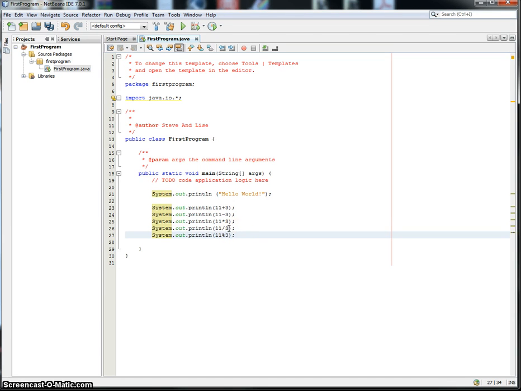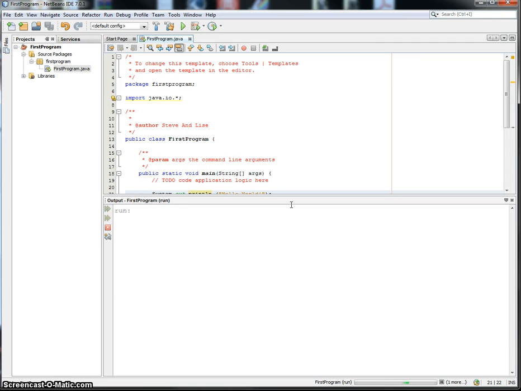So what happens? With these last two, one of them will take how many times 3 goes into 11, and it'll store that number, or output that number. The other one will take how many times 3 goes into 11, and it will actually output the remainder. So 3 obviously doesn't go in equally. It goes in 3 times. 3 times 3 is 9, so the remainder is 2. So if I run this program,